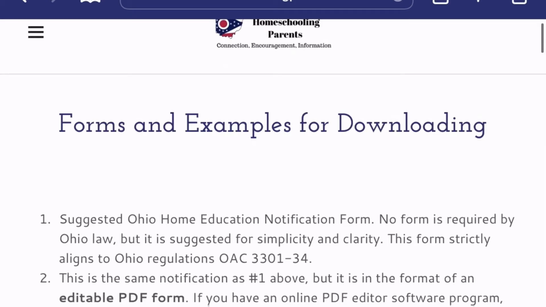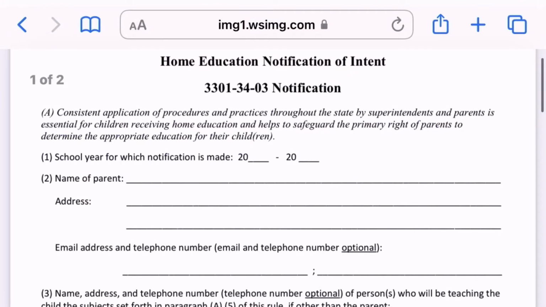The reason for using this one is, first of all, this website lays it out very nicely and gives you examples that you could include. But also a little bit less information is given to the superintendent of the school so that you can have a little bit more privacy, and just having your own form allows you to kind of keep the ball in your court, leaving less up to the government to overreach and have control over.